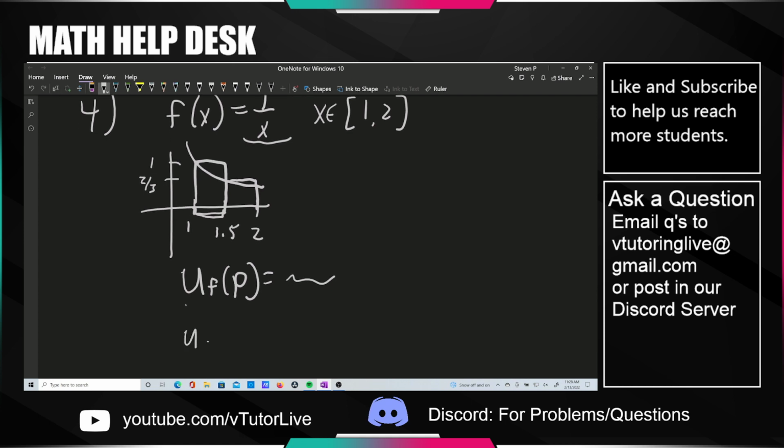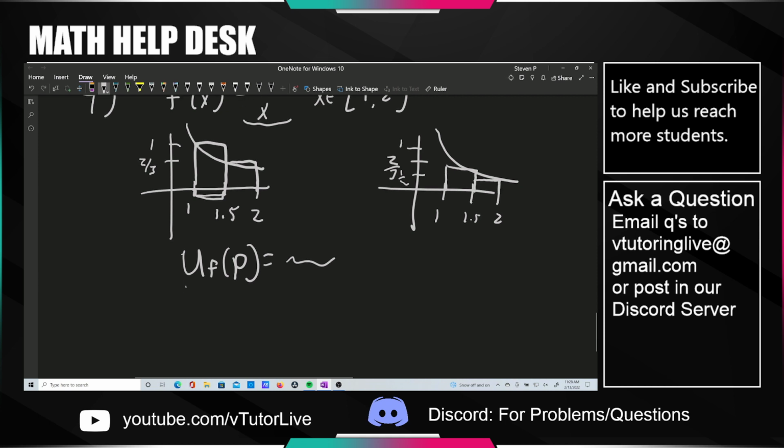And then for the lower bound, I'll draw it over here. The lower bound is a very similar idea. It's just using the lower approximation rather than the upper approximation. So if this is 1, 2/3, and a half, with points 1, 1.5, and 2, instead of using the largest value, it uses the smallest value in each interval as the rectangles. Yeah? And then at this point, you have to remember that we have a good friend from Calculus 1